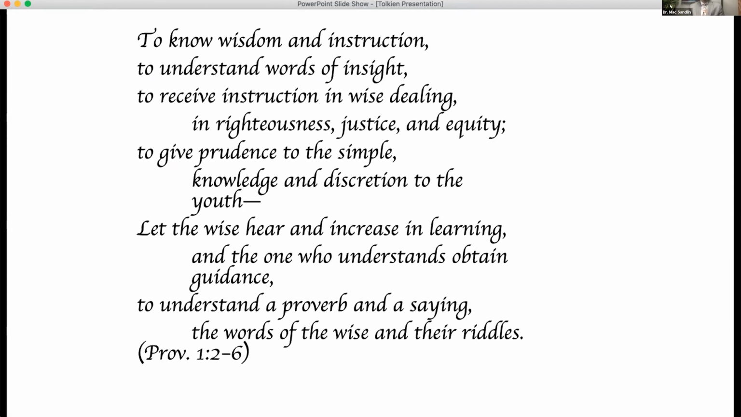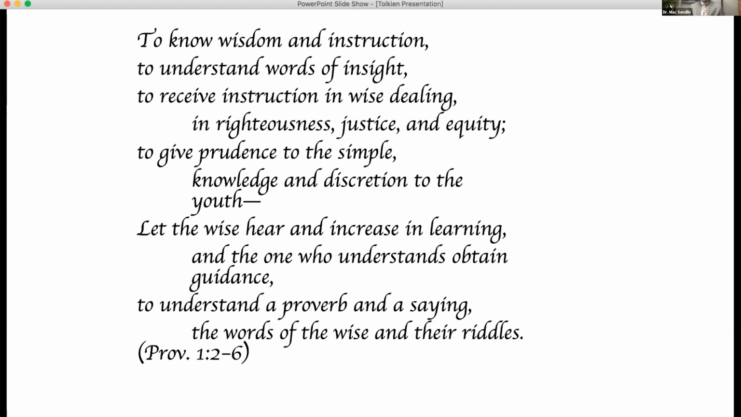He says, to know wisdom and instruction, to understand words of insight, to receive instruction in wise dealing and righteousness, justice, and equity, to give prudence to the simple. Prudence is a word that means the ability to see good from evil, to discern. Knowledge and discretion to the youth. Let the wise hear and increase in learning, and the one who understands obtain guidance. To understand a proverb and a saying, and then notice the last line, the words of the wise and their